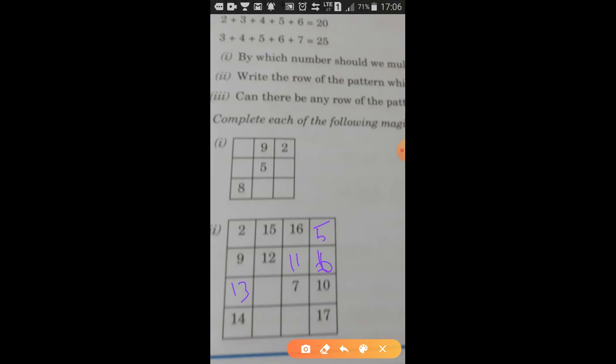Okay, so which is the next set of boxes which we can solve? We can solve this one. Yes, what is 13 plus 7 plus 10? 13 plus 7 plus 10, it is what, 31. So 13 plus 7 is 20, 30, 31.